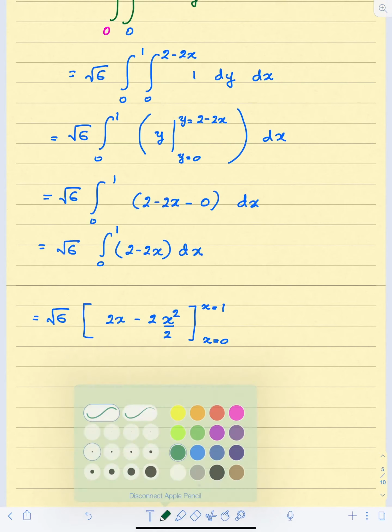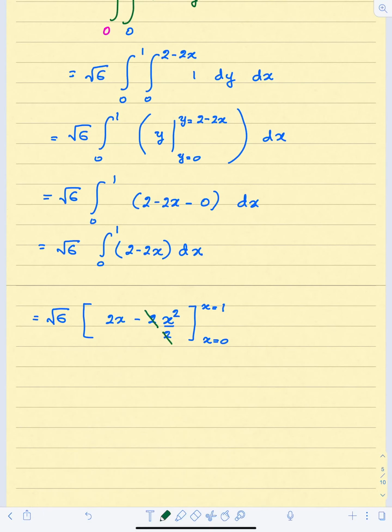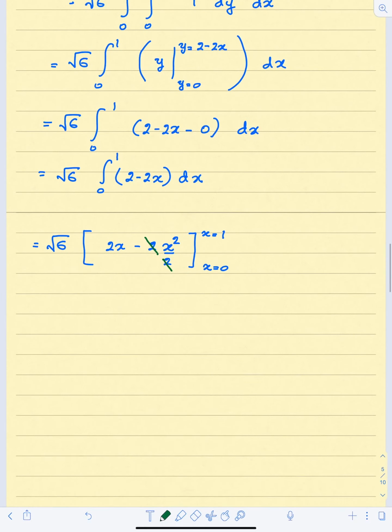Now here you can cancel this 2 with this one. Apply the upper limit. You will get root 6 times 2 minus 1, minus, if you apply the lower limit, you should get 0 minus 0. So 2 minus 1 is 1, and 1 times root 6 is root 6. This is the